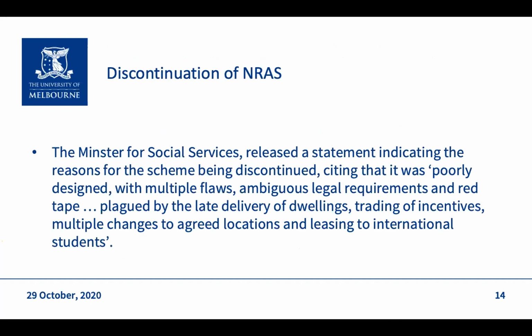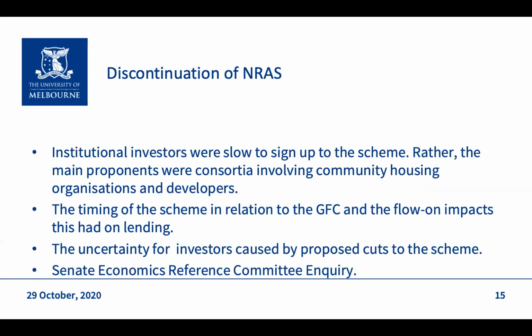The reason for the discontinuation of the scheme, as cited by the minister at that time, was that it was poorly designed. There were a number of flaws. There was red tapeism and ambiguous legal requirements. The delivery of housing was slow. Developers were trading these incentives, so there were frequent changes of location and so on. Then there were other important reasons put forward, that the institutional investor did not show interest in